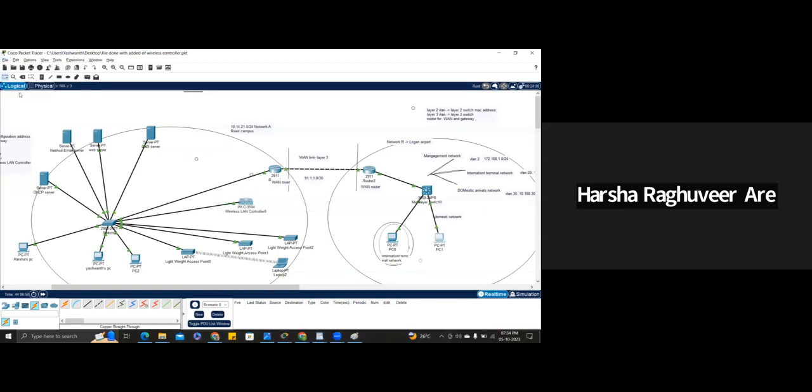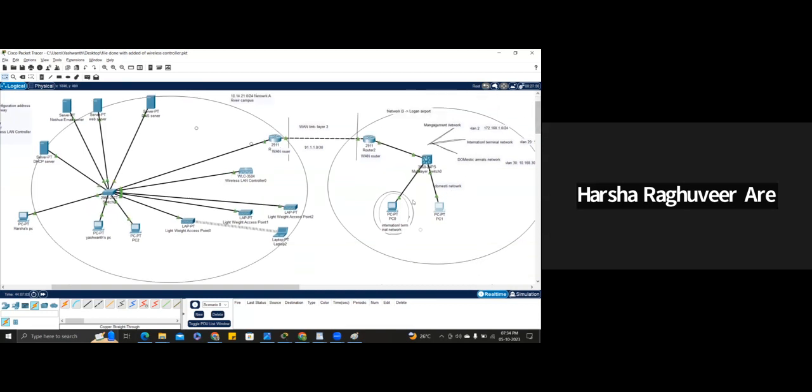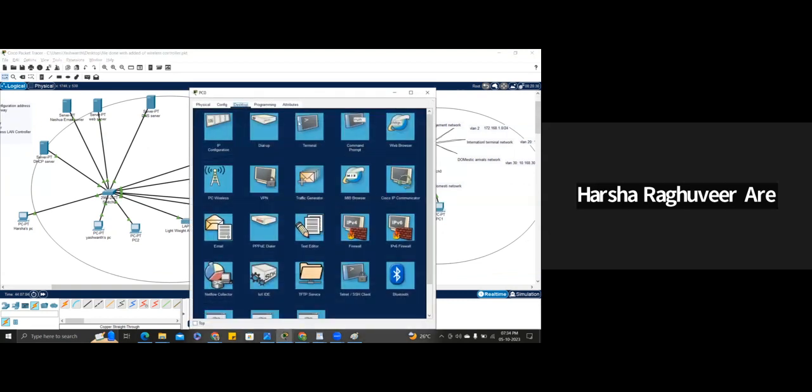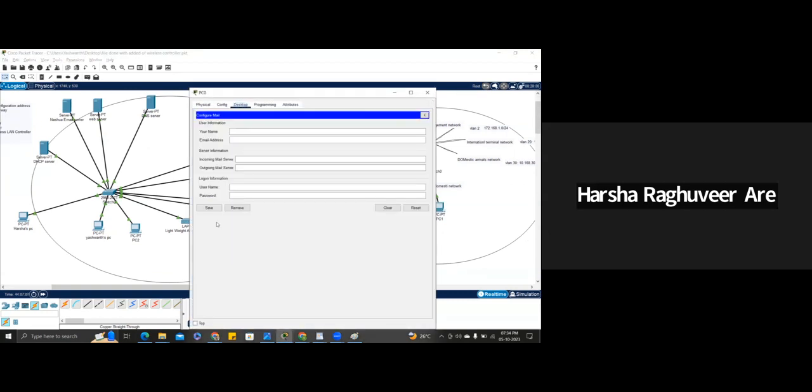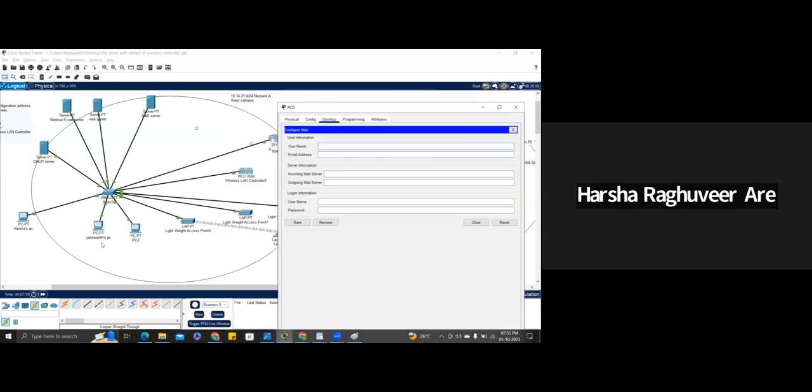Okay, you need to save. So you can also actually from here, right? Email. So for example, you can create an email server. You can create an email server here, and you will be able to send email from here to say there is Yashwant PC and Harsha. You can create here saying Logan student. You can create email